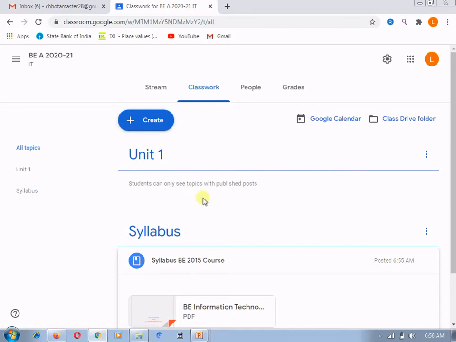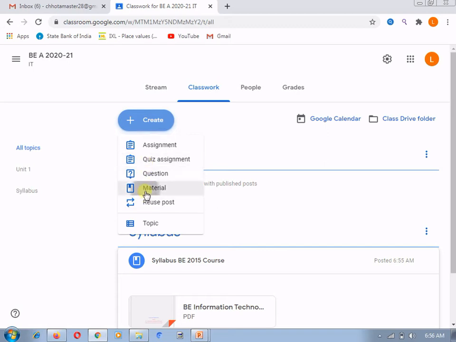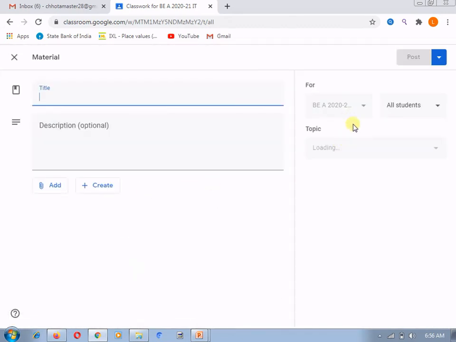But now suppose I want to add content in unit 1. So I will create the material. In this creation of material, different topics are available, from which I will select unit 1. Under unit 1 I am going to post the material.